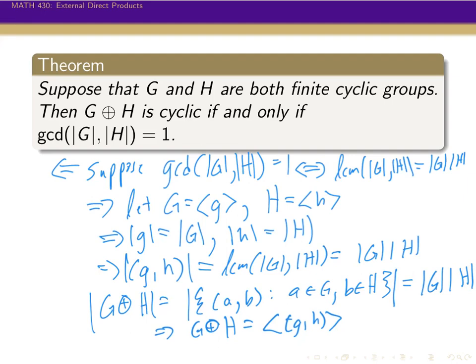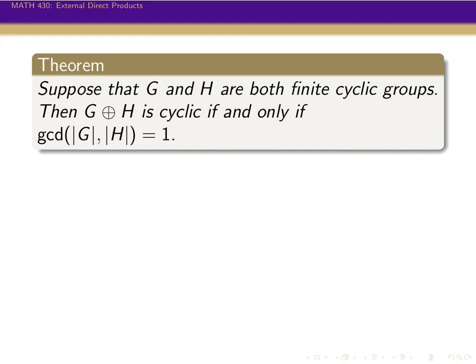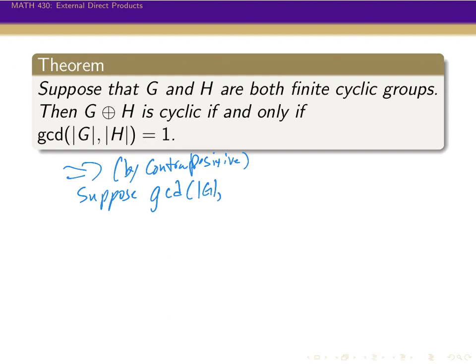So now we need to prove the forward direction. To prove the forward direction, we're actually going to do this by contrapositive. So let's suppose the GCD of the order of G and the order of H is not equal to 1, that must mean that it's bigger than 1. So let's suppose that the GCD is greater than 1. Then this means that